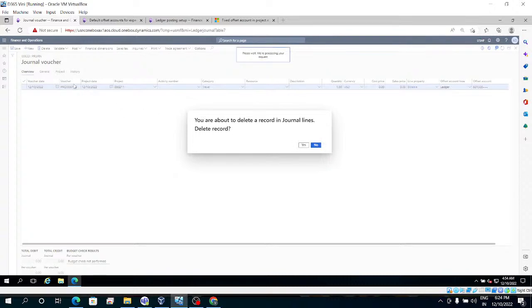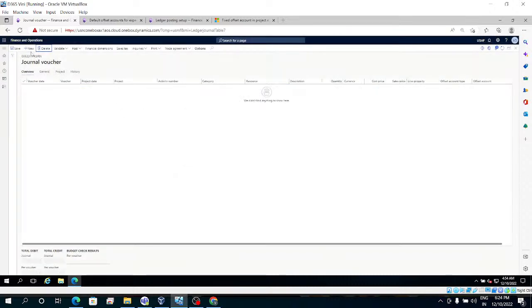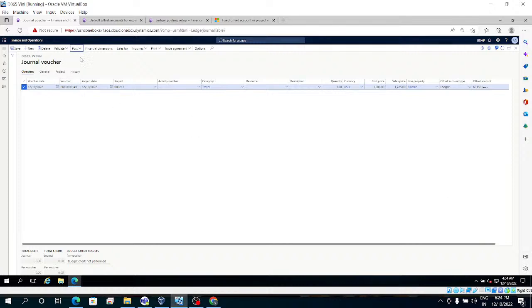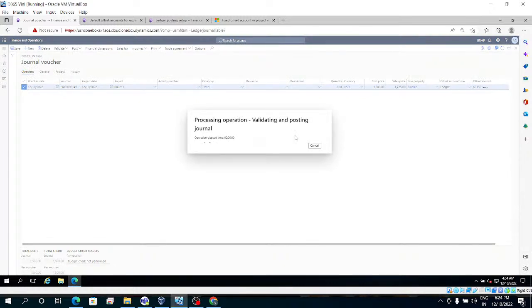Finally, we found that. So finally, we made it. So 1500 I'll give. Now we have a clear picture that for expense journal, the system is picking from the default offset account for expense account and